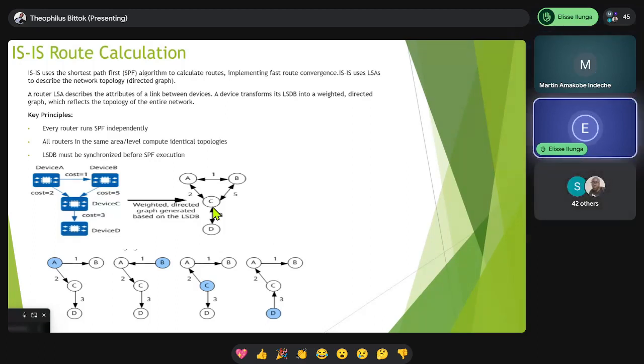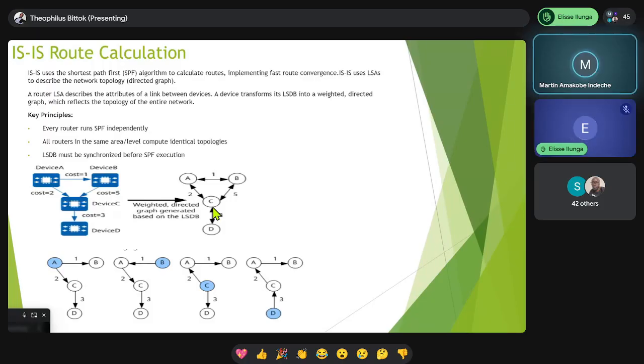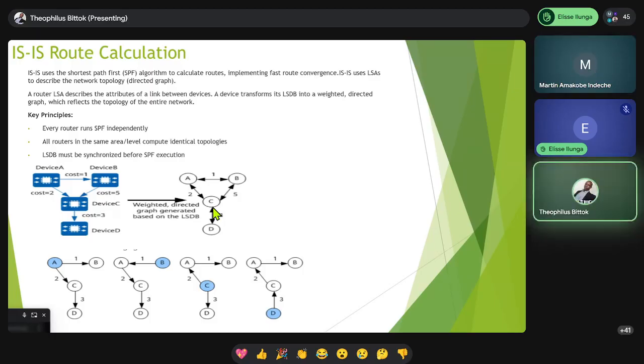But that means, Martin, that whatever we are learning theoretically, it's nothing. You can come up with your own idea, and even if it doesn't follow the standard, you build a network. It's not cast on a stone. Some standards are actually not best practices, and sometimes you need to modify some of these implementations so that they can fit your network.